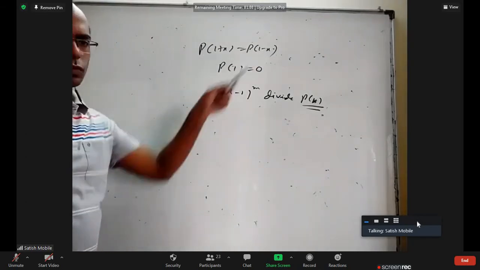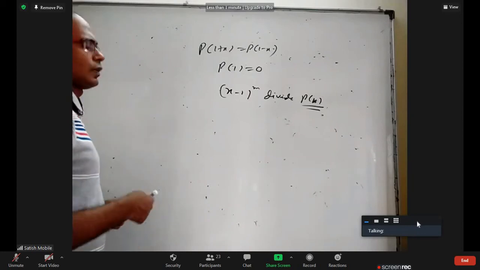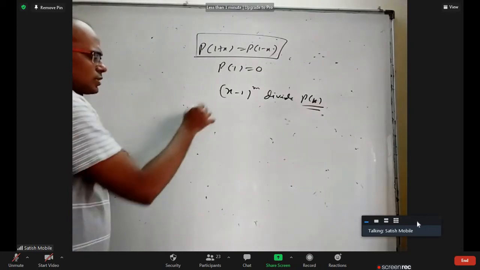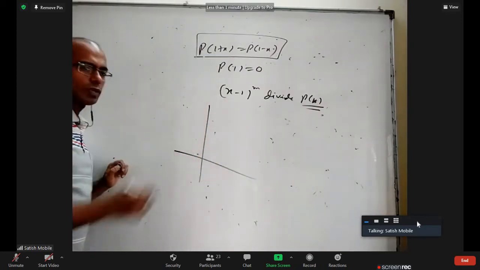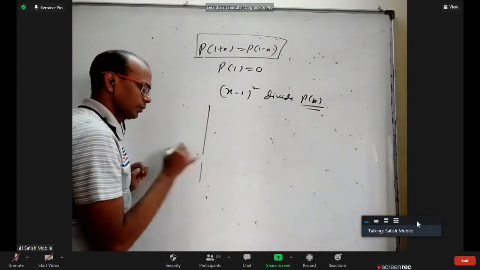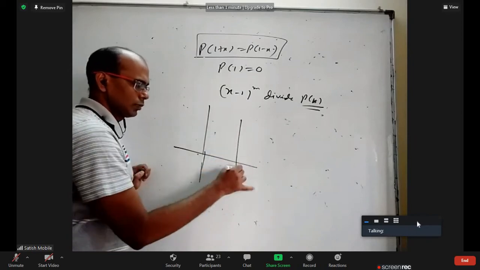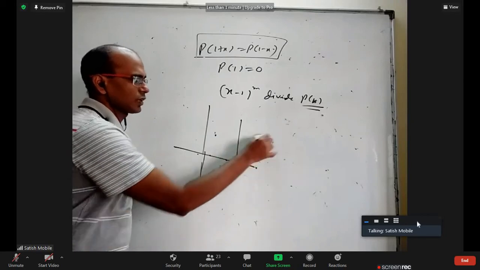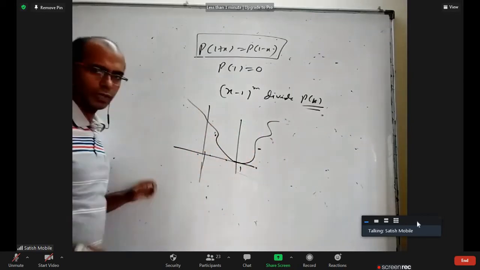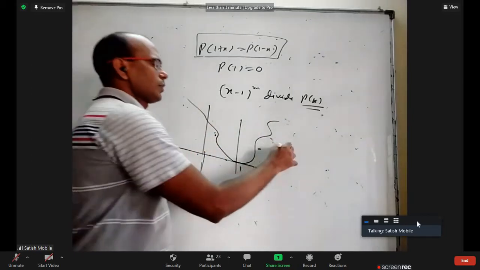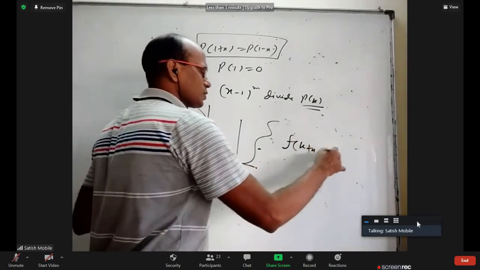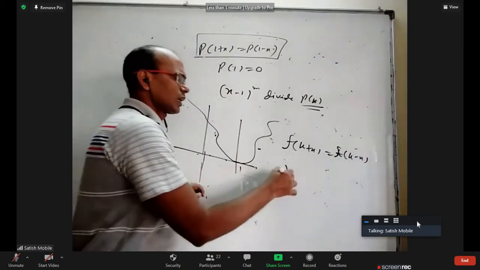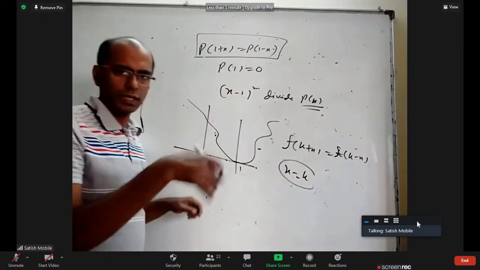First of all, how to visualize this? Just this statement alone tells the graph is symmetrical about 1. You take 1 plus x, whatever is the value, 1 minus x. That means after 1, if the graph is like this, before 1, the graph will be like this. Whenever somebody says f of k plus x is equal to f of k minus x for all x values, the graph is symmetrical about the vertical line x equal to k.